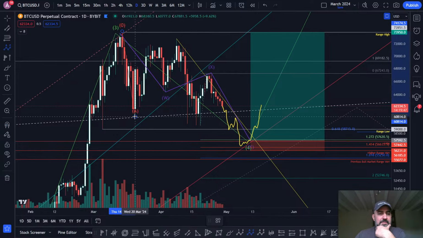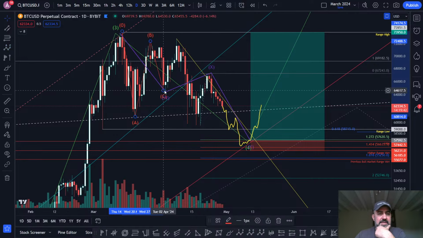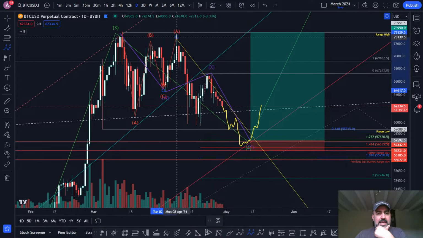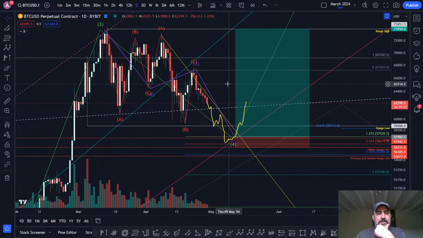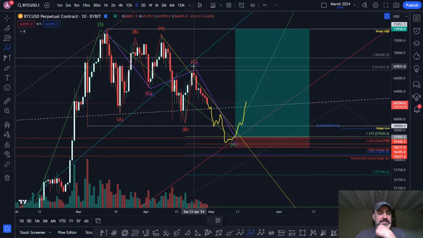So from top to bottom A, bottom to top B, top to bottom C, bottom to top A, top to bottom B, bottom to top C. Just trying to stay consistent with the waves. So just following that consistency, top to bottom,